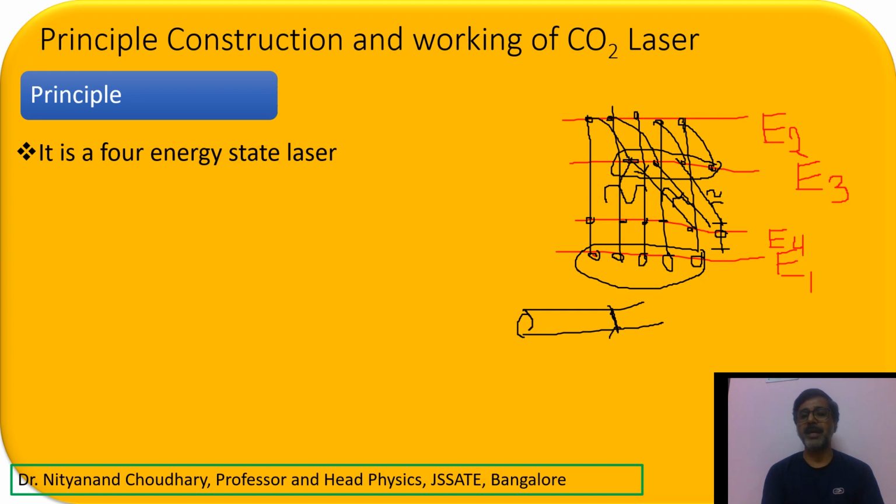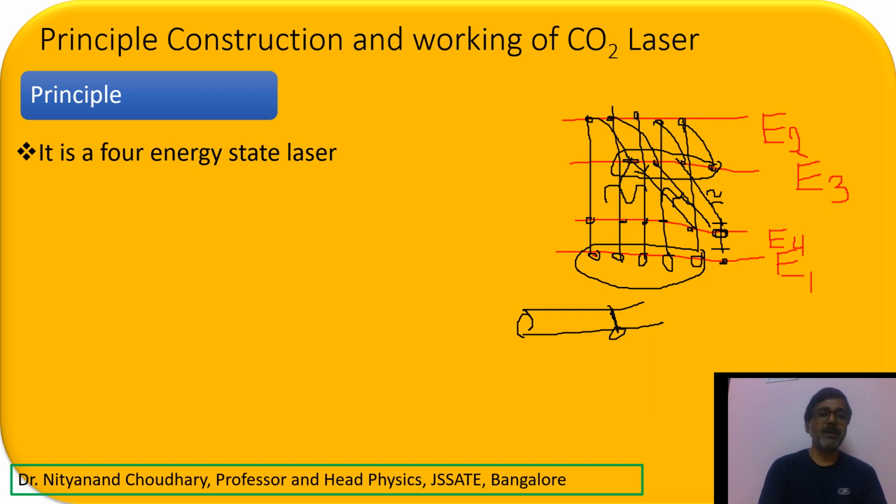Here and here it is going to make the collision, and by making the collision it is going to lose the energy, and again it will be coming back to E1, where it is again available for pumping. Again the pumping process can start, and the atoms will be going back to the E2 excited energy state. So this cycle continues, and therefore it will be a continuous laser. You will not have the pulse laser, and the atom is never getting exhausted in the ground energy state E1. So this is the basic working principle of this laser.